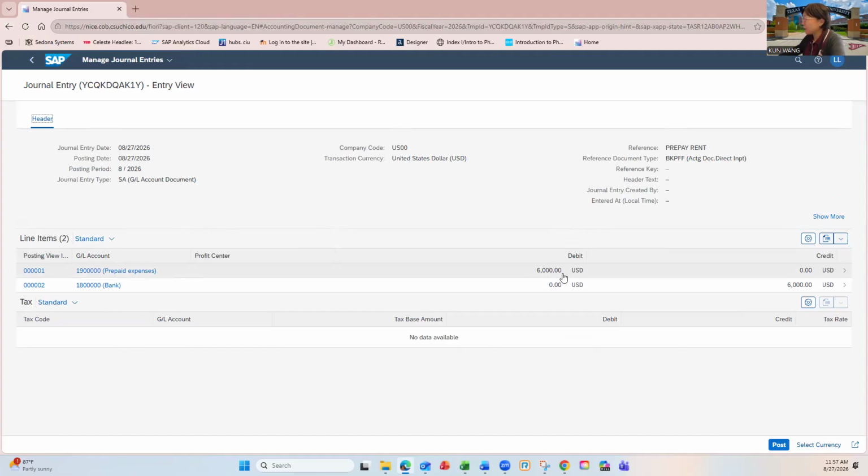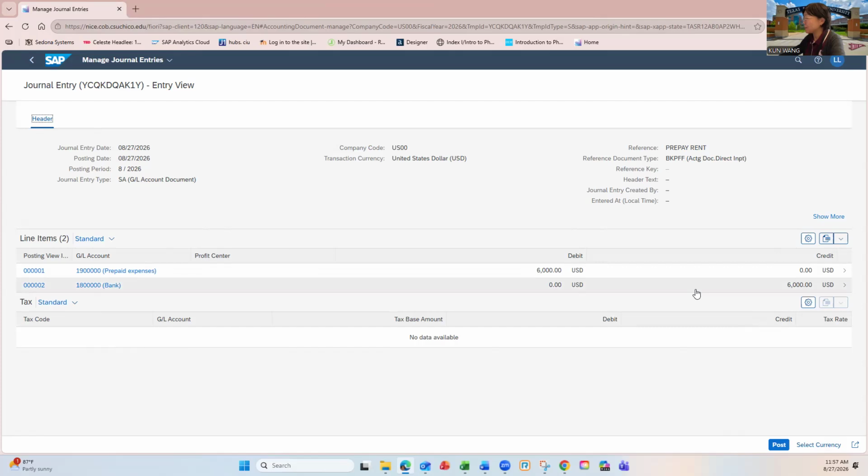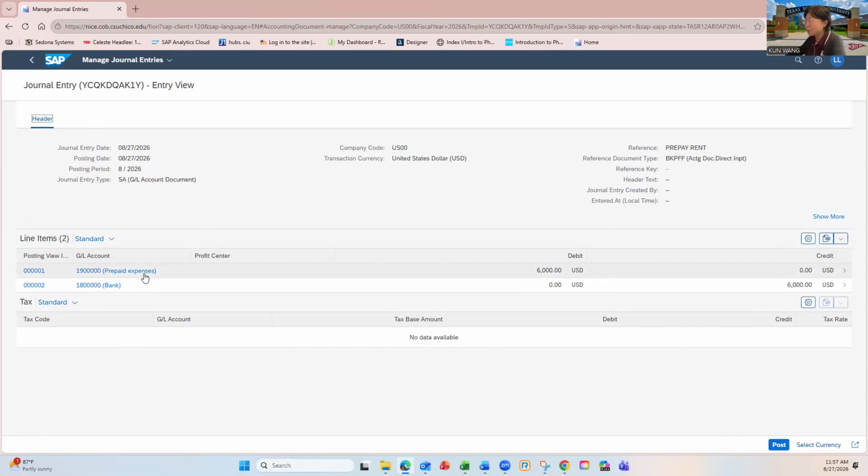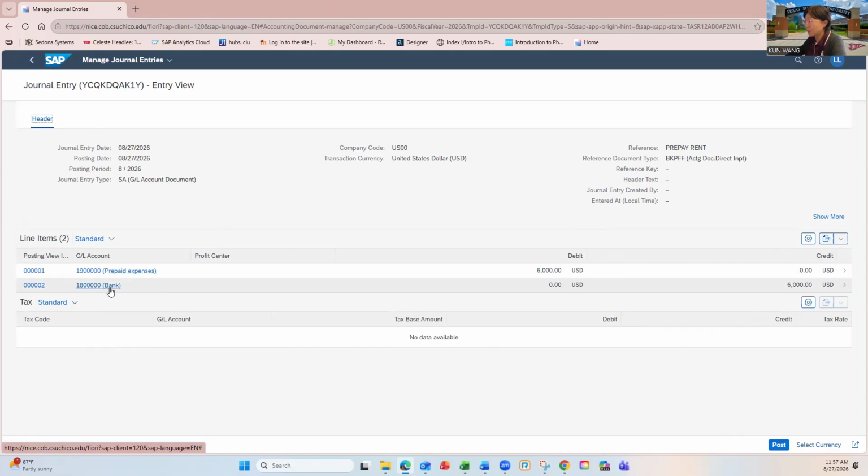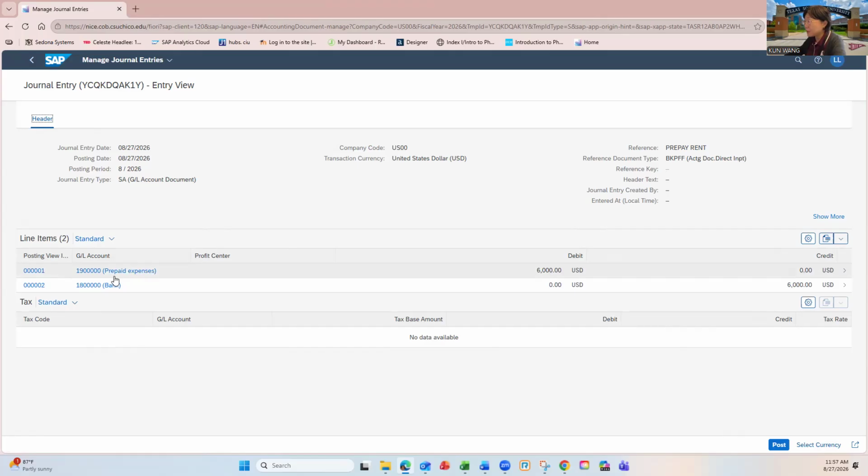If you have an unbalanced debit and credit, the system will prompt an error message to warn you it's mismatched. But the system won't tell you whether you have used the right account or not. Okay, for this part, please be careful. For example, if I choose a wrong debit account,